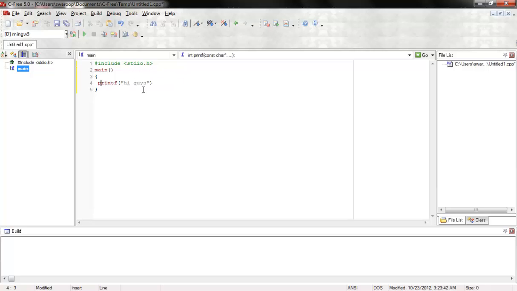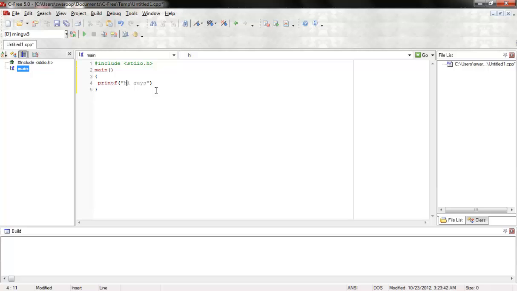Every function has these brackets beside it. You can see this even with the main there. What goes into it is what we call arguments. So printf takes the argument of what it has to print onto the screen.